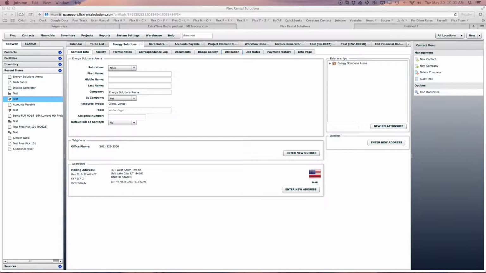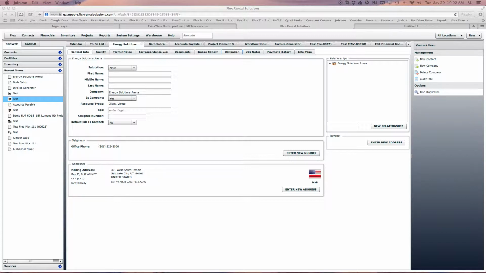We have other customers, scenario 2, that might say we have one customer, an employee in a company that is the client for the job. There may be someone else in the company that is getting the invoice for that customer, and then they have a venue. The third scenario happens a lot for customers who work in different hotels or on different large productions, where you may have a client, a completely separate bill-to contact, and a completely separate venue. And so we're going to go over all three of these